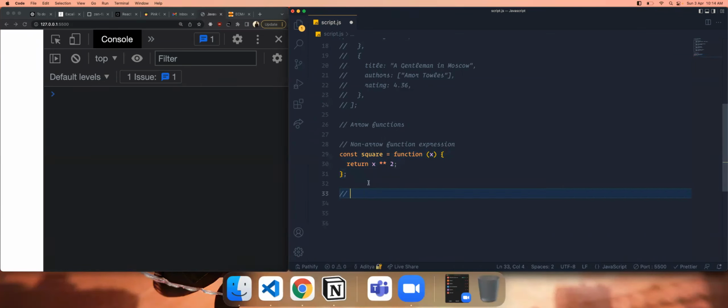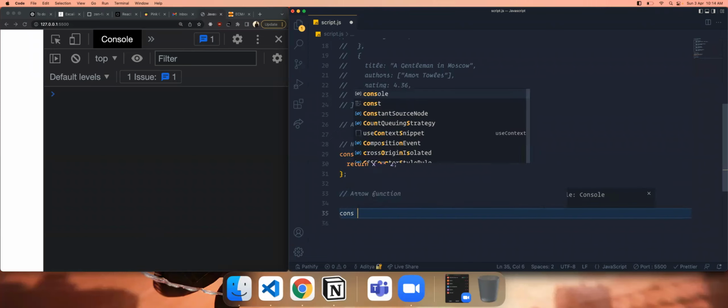But if we convert this to an arrow function, first of all, the purpose of an arrow function is to reduce the syntax of a function. It's used to write much shorter syntax for functions. Let's see how we can convert the same thing to an arrow function now. So we'll say const square